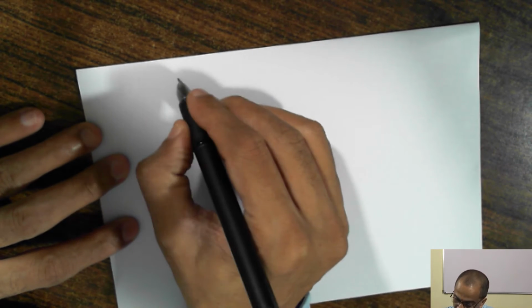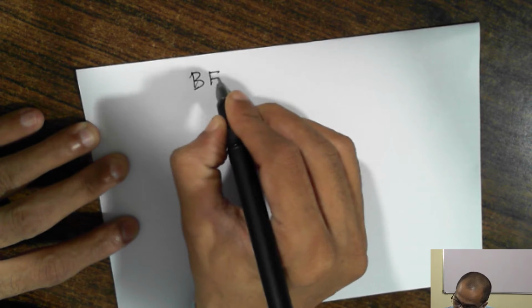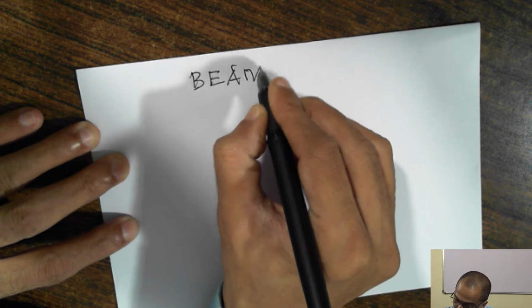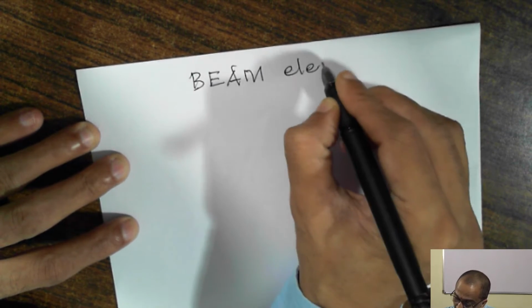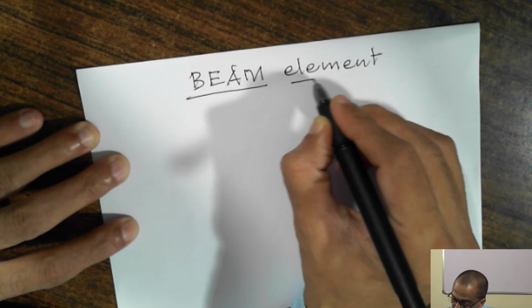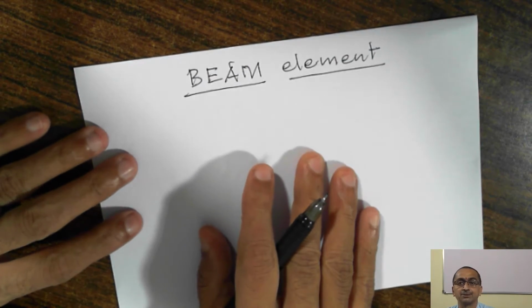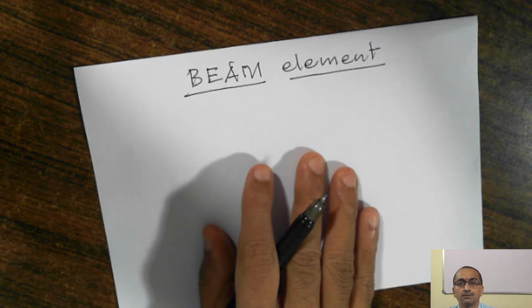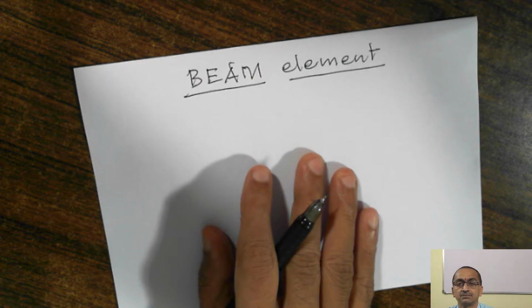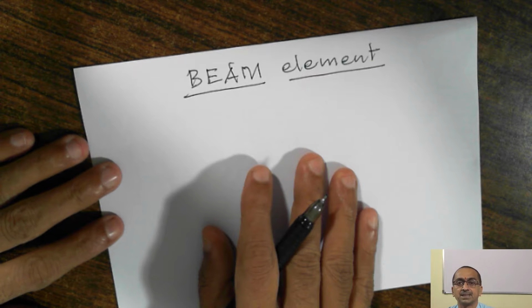Now we will see the beam element. Let us understand what a beam element is first, and then we will derive the stiffness matrix for the beam element. Now we are entering one unit of our syllabus, that is how to analyze matrix structures using beam elements. Matrix structures in 2 dimensions can be analyzed using beam element, truss element and frame element, depending upon how the structure is.